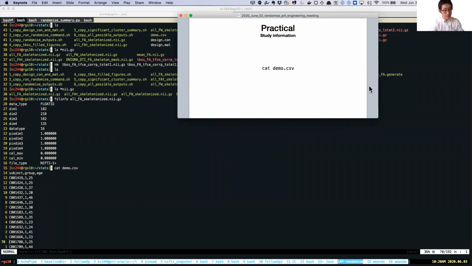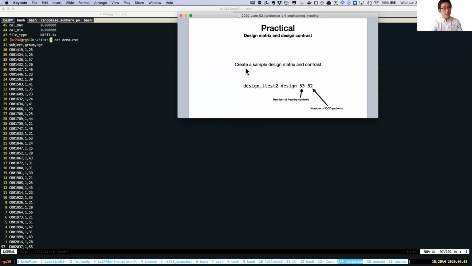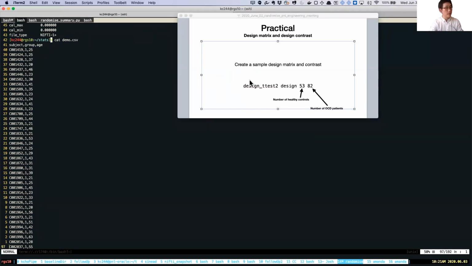They are, for this case, I double checked, and this is the demographic table in CSV. You may have it in Excel files. Okay, this is how it looks like. So let's start creating the design matrix. There's a function called